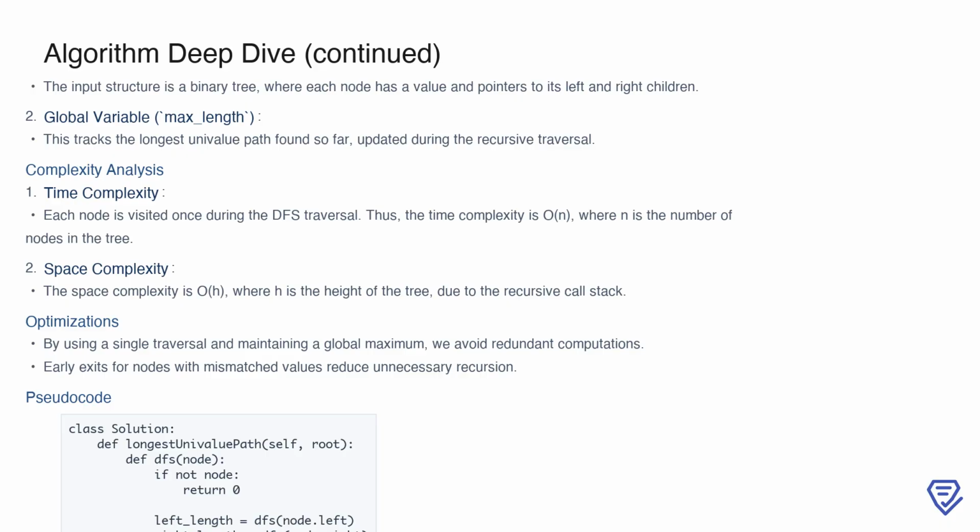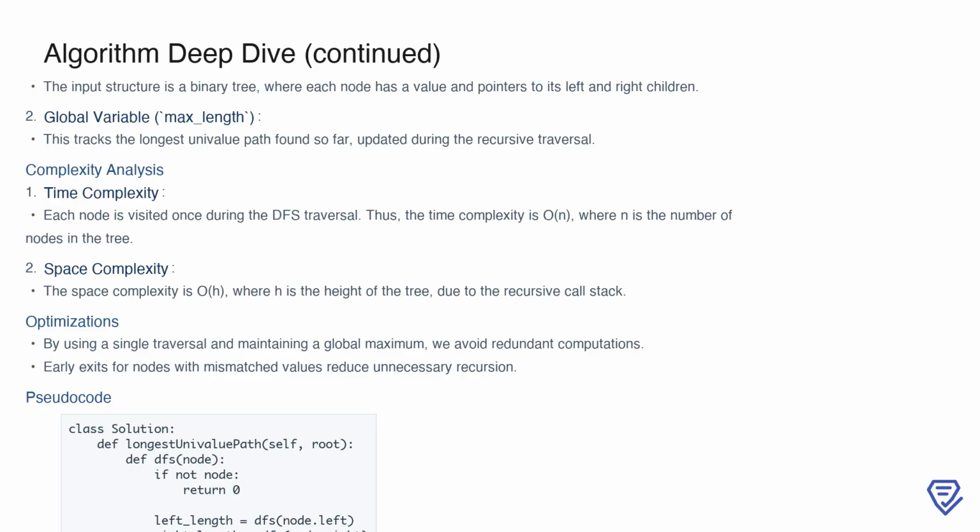As we traverse the tree using the recursive function, we use a global variable, max_length, to track the longest Univalue path encountered so far. This approach avoids redundant calculations and ensures that the maximum path length is updated efficiently during each recursive step. In terms of complexity, the time complexity of the solution is O(n), where n represents the number of nodes in the tree, because each node is visited exactly once during the depth-first search. The space complexity is O(h), where h is the height of the tree, as the recursive call stack will have